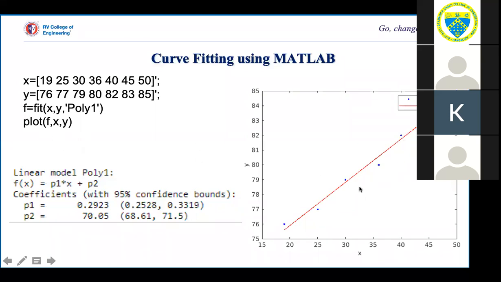I'm using the plot command just to observe whatever a and b I have got, and the fitted straight line will match with the data points. When you observe, there is slight variation from this, but when you observe the trend, no doubt it is approximating to a straight line, correct?